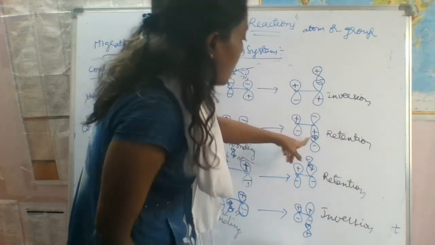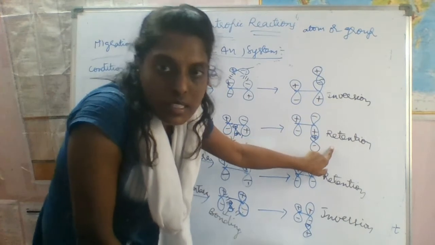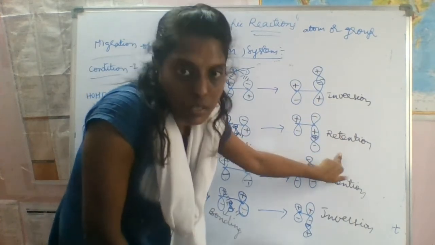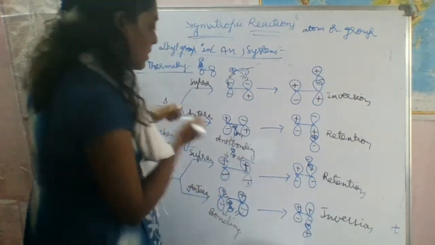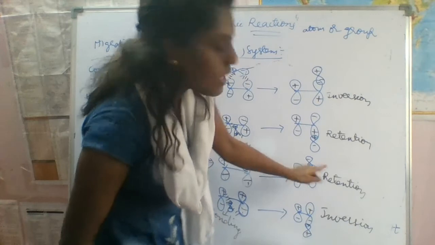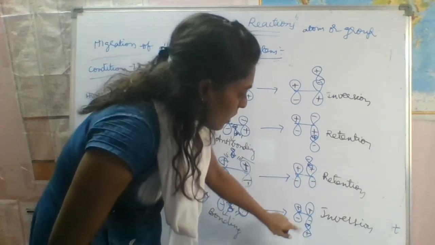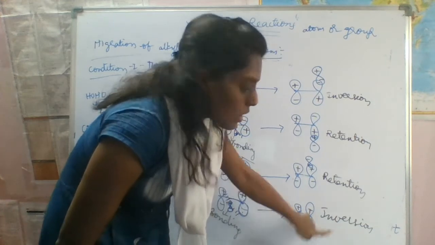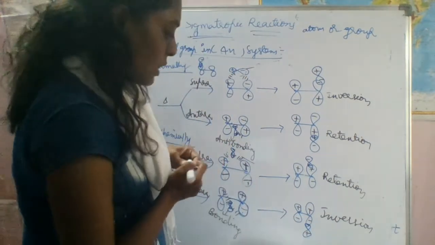But it approaches with the plus, so thereby we have to set this as the retention configuration. So in this place, what will happen here? This is the plus, so plus means what? Retention configuration. And what about here? Plus, here minus is there, so that's why it's said to be the inversion configuration. Let's see the 4n plus 2 system.